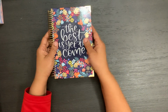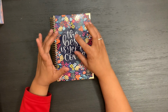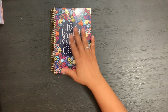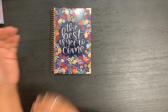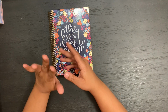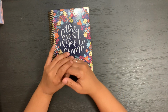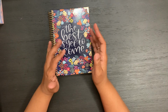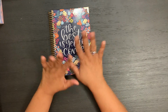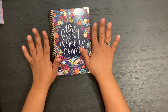Cute. Now I have to say, I noticed that a lot of the planners I've been looking at lately have some type of goal-oriented piece to them. I originally last year looked at a passion planner, and passion planner has a lot of that too, that introspection, that evaluation, but theirs was a little intimidating to me, and I felt like every month all I would be doing is looking at failure just because of how it was set up. And that's just me. Some people love the passion planner and don't have that problem,